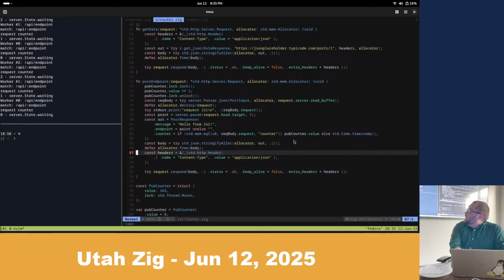So if we go to routes, the way a response works, all web requests work by just having a very long string, and then you've got headers and a body, but the way that's encoded is the headers end when there's a double return. And then everything after that is a body. So if you want to send back JSON, you just encode JSON after a double return in the headers.